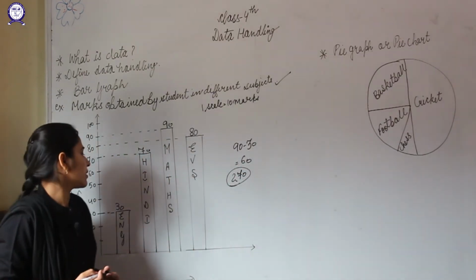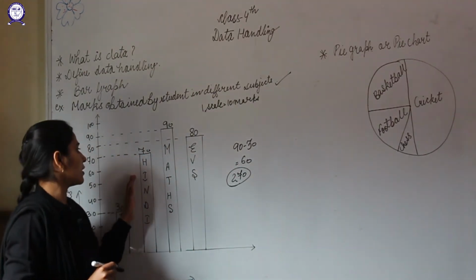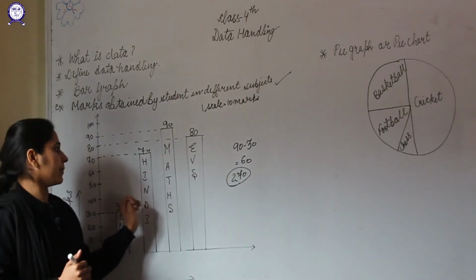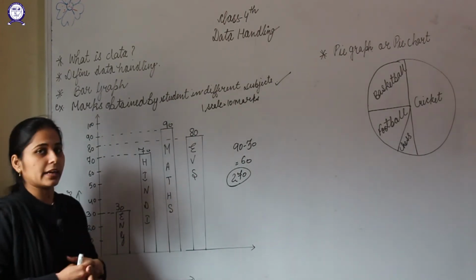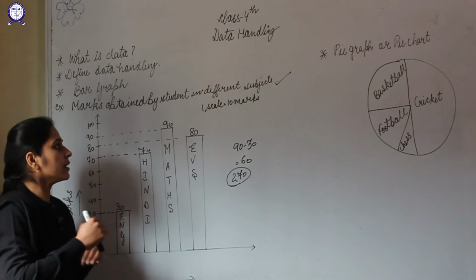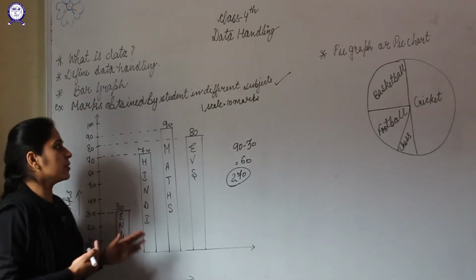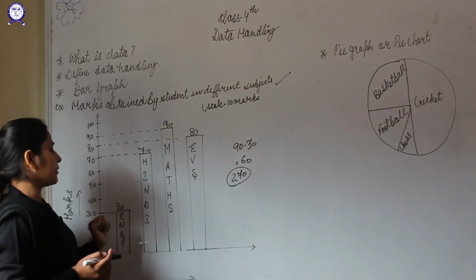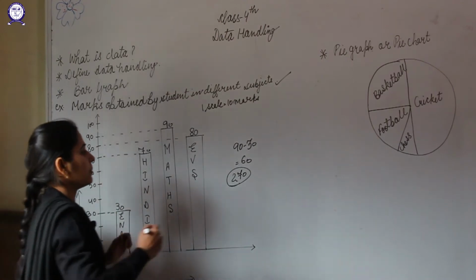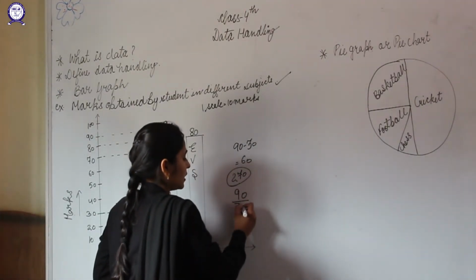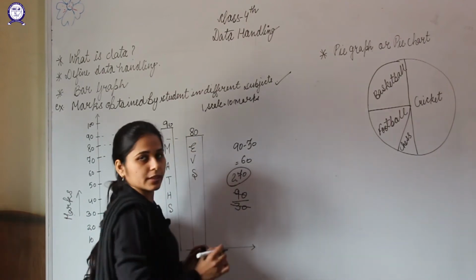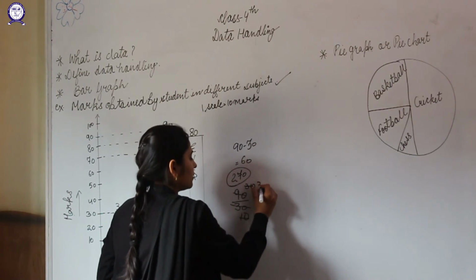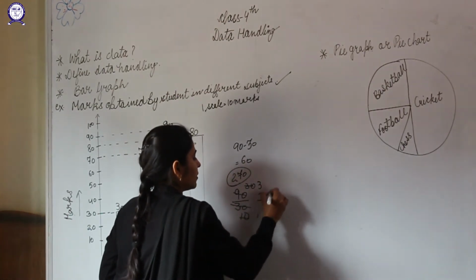A question can also arise like this: how many marks have the students got in Hindi? In Hindi he has got 70 marks, in EVS he has got 80 marks. So like this the questions are covered for the bar graph. A fraction question can also be there: find the fraction between the maximum marks and the minimum marks. Maximum marks are 90 and minimum marks are 30. So the fraction will be 90 divided by 30. You can cut in the table of 3, 10, 30, then you can also cut in the table of 10, 3 and 1. So the fraction will be 3 by 1.